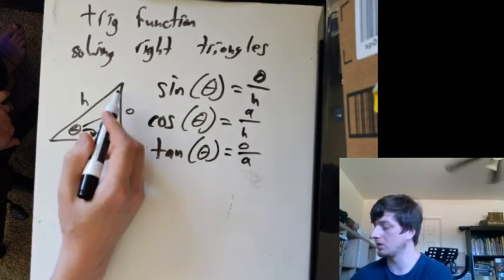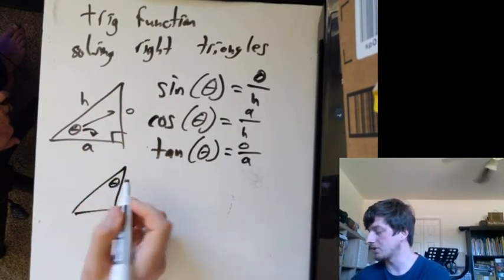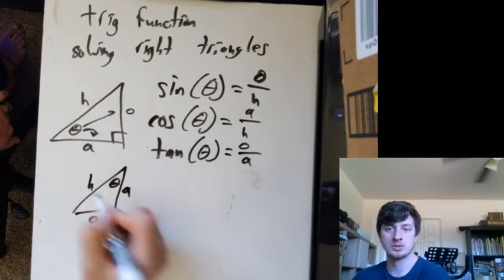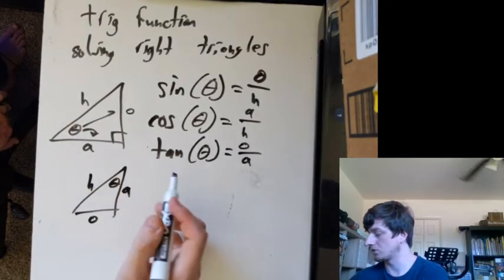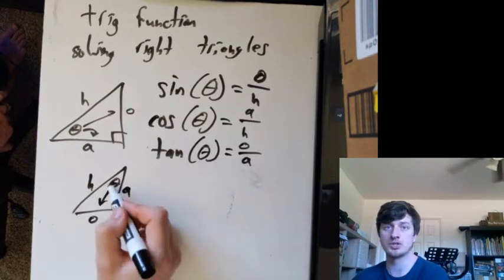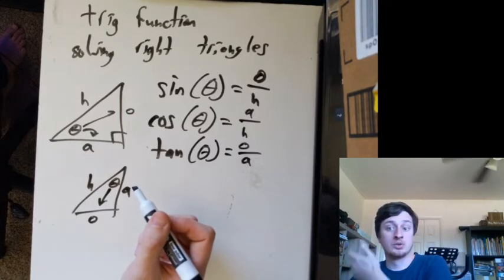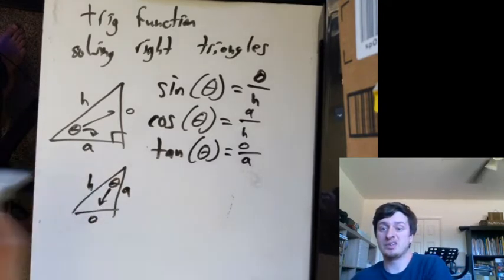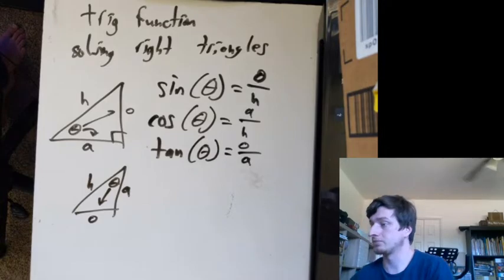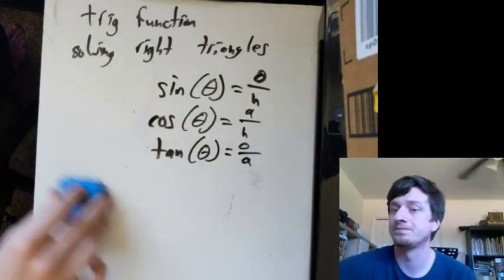If theta was up here, if this was theta, this would be the opposite side, this would be adjacent, this would be the hypotenuse. Still. Okay, so opposite is across from the angle. Adjacent is next to or touching whichever angle we're looking at. Okay. So we can use this to find pieces of angles, pieces of triangles. And our key phrase is going to be